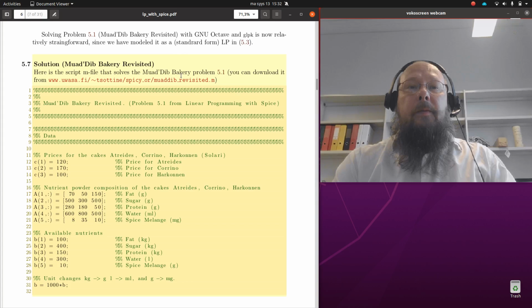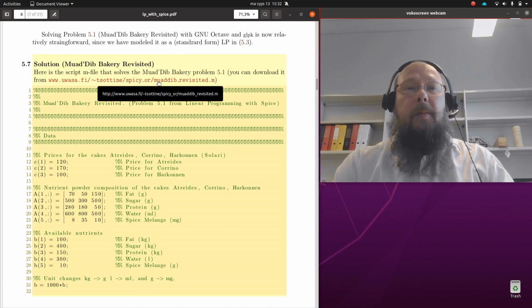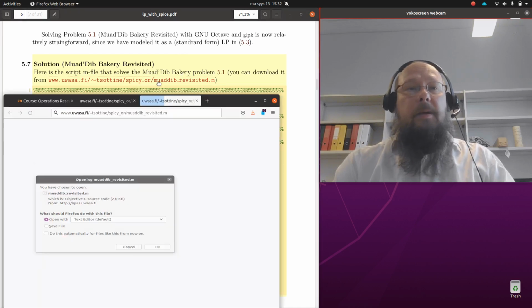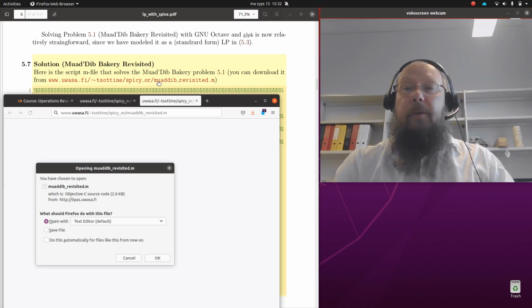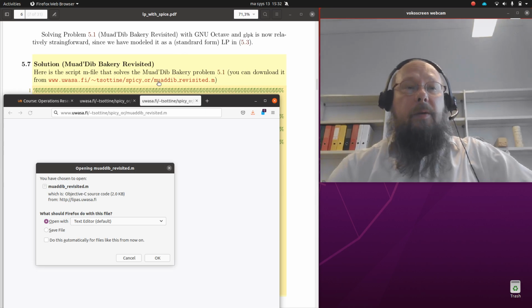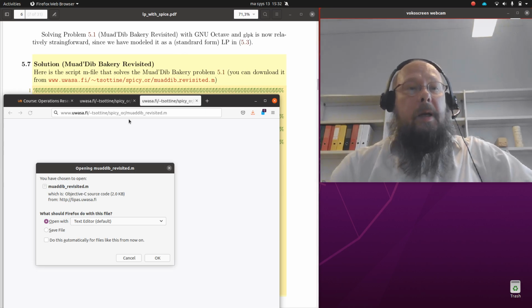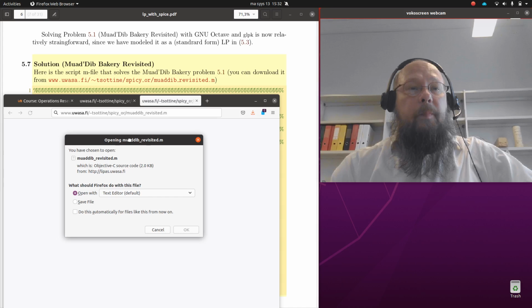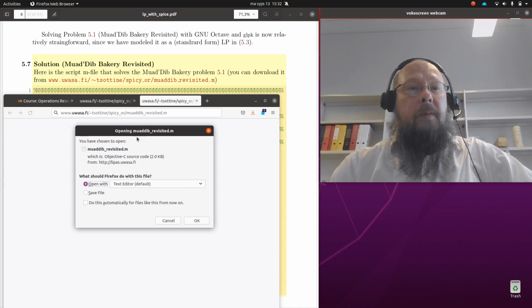And for that, let's download this code that is listed here. You can download it by using this link. Just click it, and hopefully something reasonable happens depending on your system. I cannot tell what happens. In my system, it actually opens this kind of dialog. It actually passes this PDF file that has this link